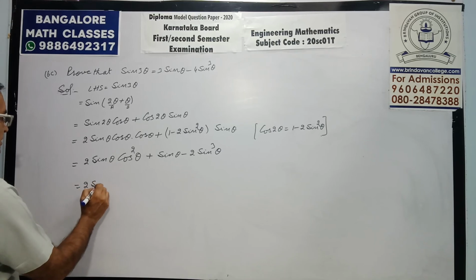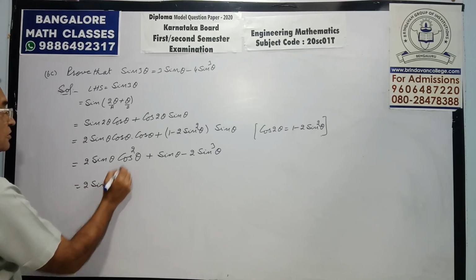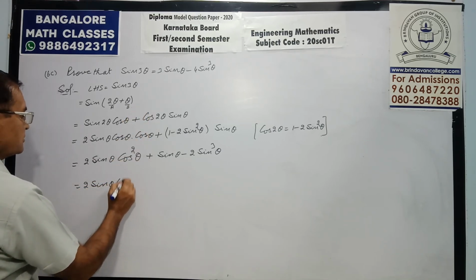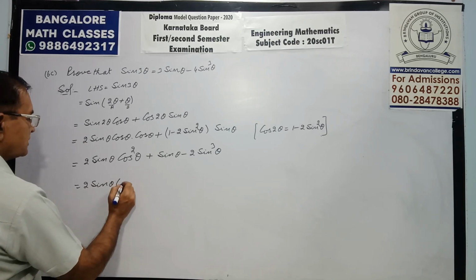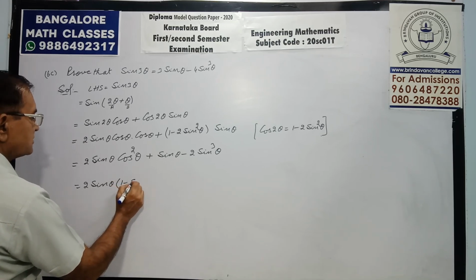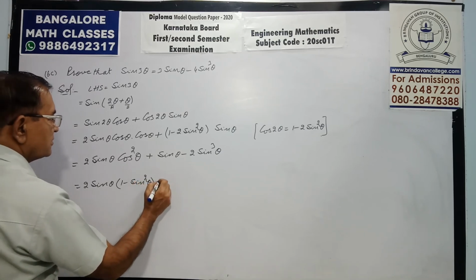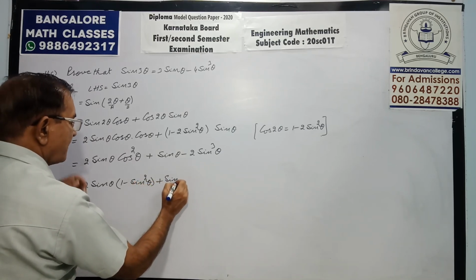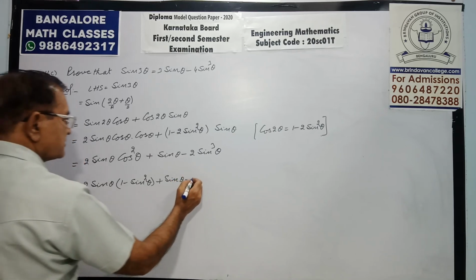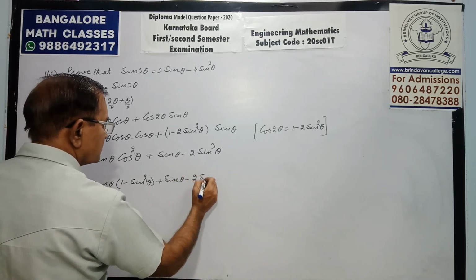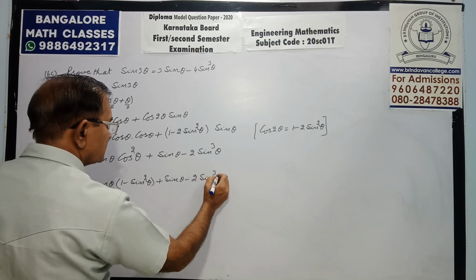We don't want cos in RHS, so put the value of cos square theta as 1 minus sine square theta. 2 sine theta, 1 minus sine square theta, sine theta minus 2 sine cube theta